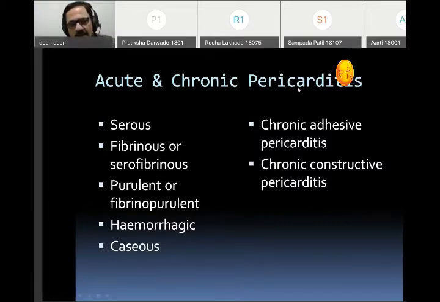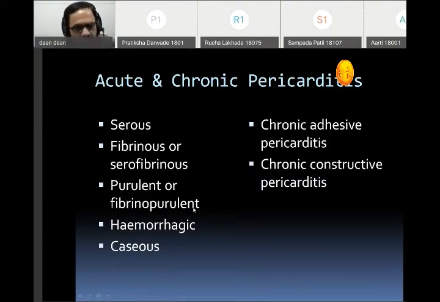Acute and chronic pericarditis. Acute is of short onset and chronic is of long duration. Always remember that acute pericarditis is a misnomer. It is, in fact, a healing procedure that is taking place in varieties of this acute type of pericarditis. So when there is healing in fibrinous, purulent, or hemorrhagic type of pericarditis, it will lead to chronic type of pericarditis. So examples of acute pericarditis: they are serous one, second fibrinous or serofibrinous, third is a purulent